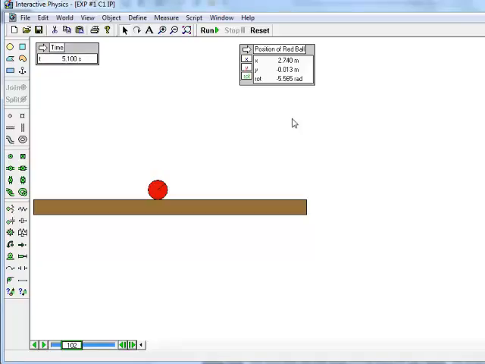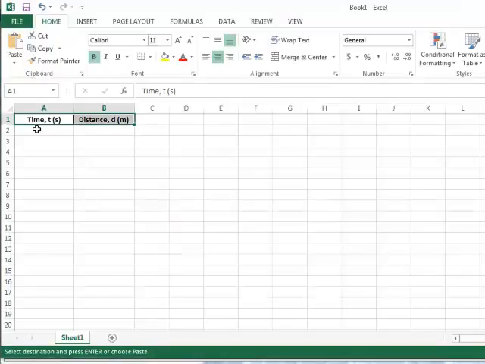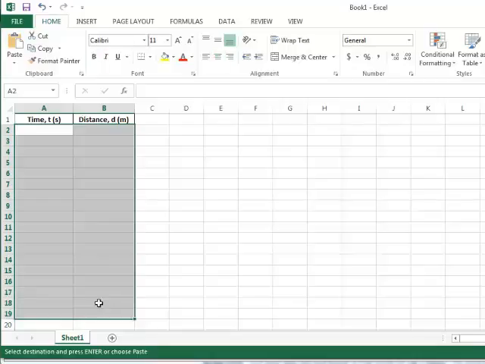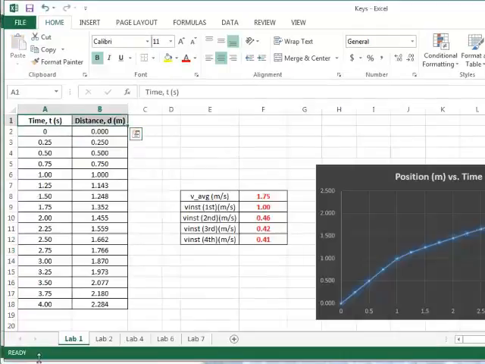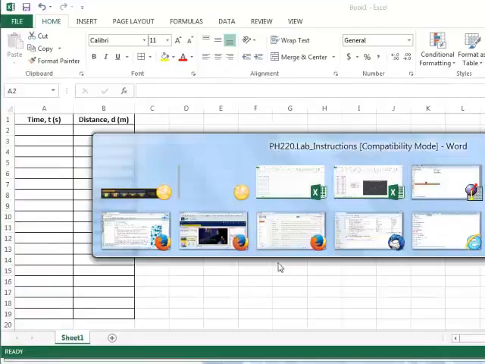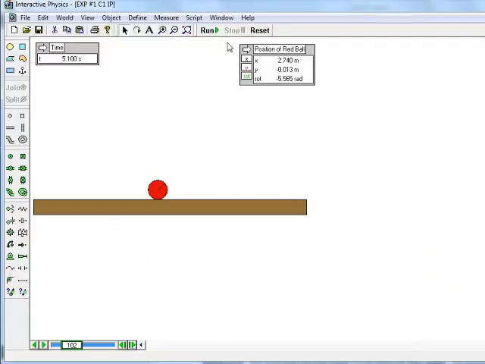So they say use the graph paper supplied, but I think a good point to do sometimes with these is maybe actually use a graphing tool like Excel to work through this. So what we see I have here is a data table set up of distance versus time. Set the borders up. So for example, for our data here, if I go all the way back and I hit run,